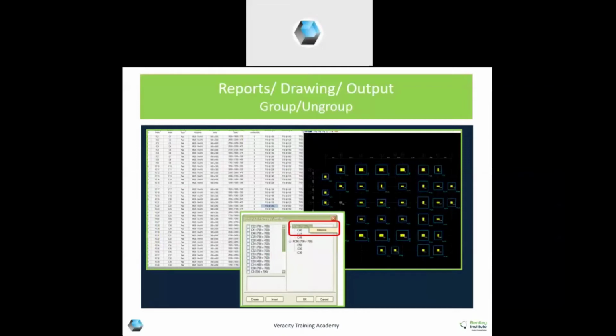After designing, you can group the footings, but you cannot group them if, sometimes, I'm having a column size of 400 by 600 as well as 300 by 600. Both the footing sizes are the same, but column sizes are different. If the column sizes are different, footings cannot be grouped even if they are of the same size. So for same column sizes, the footings can be grouped.